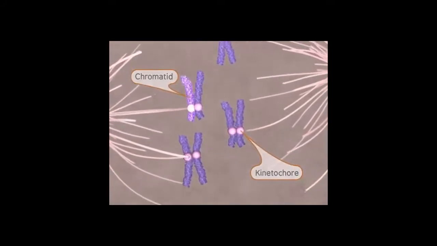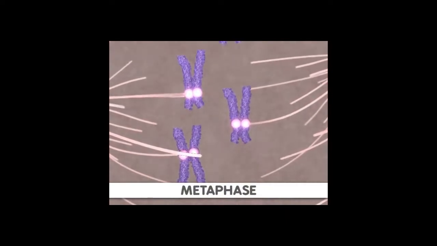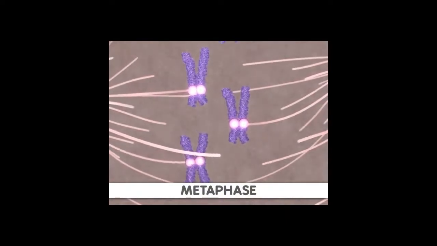Next comes metaphase. During this stage, the sister chromatids align along the center of the cell so that both chromatids